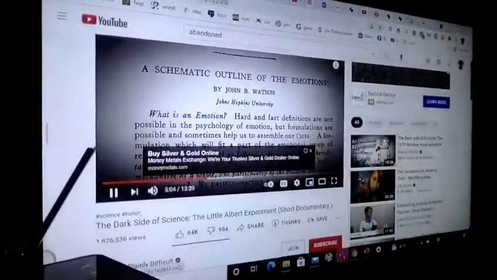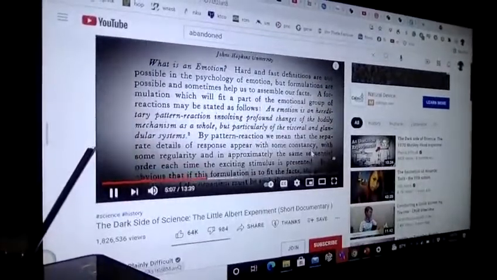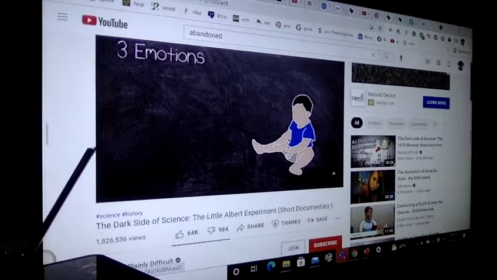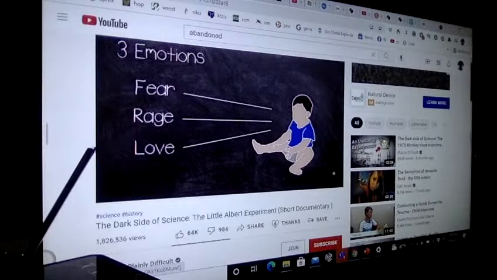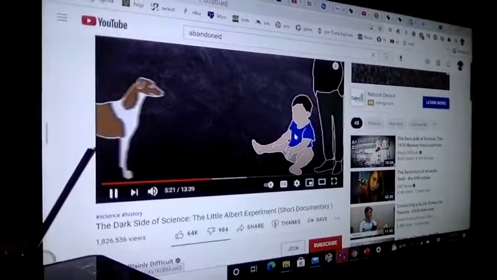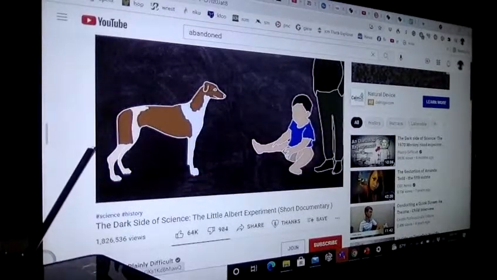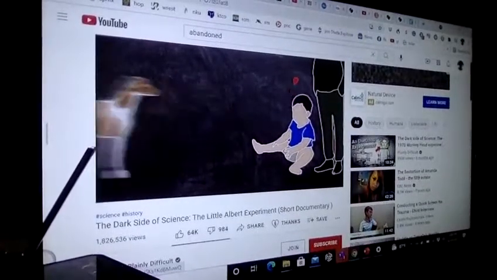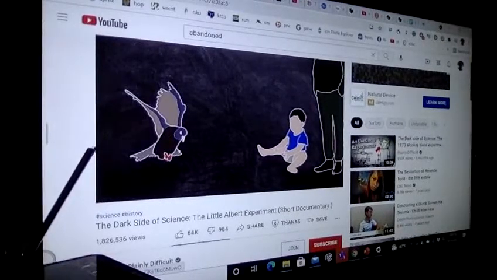In 1919, Watson released a paper called "A Schematic Outline of the Emotions." During this study, he observed a number of infants, which revealed 3 fundamental emotions: fear, rage, and love, each caused by a set of conditions. Watson used various animals to observe the reaction from the test subjects. In most cases, especially when introduced to dogs and cats, the infants showed a neutral or an inquisitive reaction. But when introduced to a pigeon flapping its wings, most subjects showed surprise or even fear of the motion and sound.